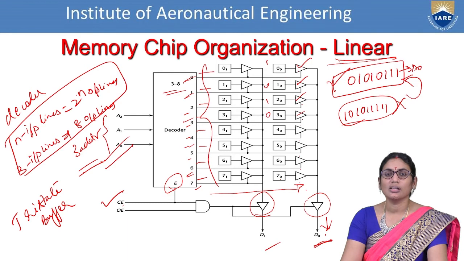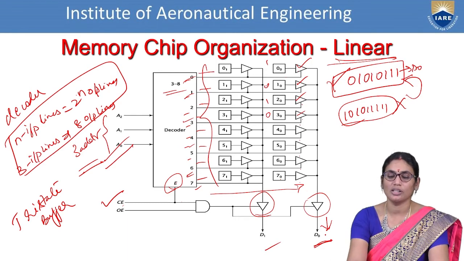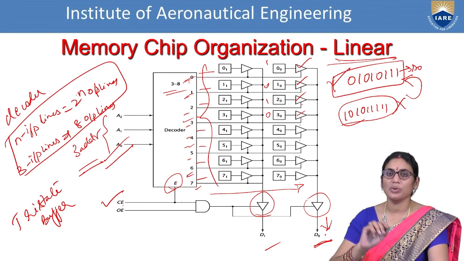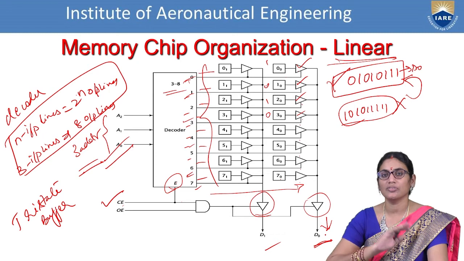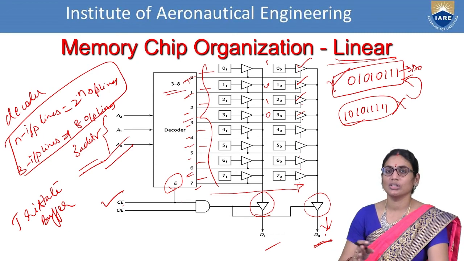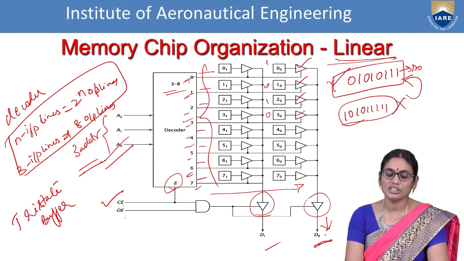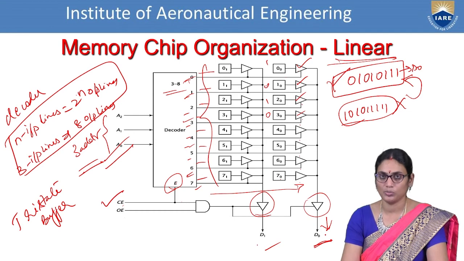But the data that is presented on the chips, or in the output lines, should be redirected exactly as it is, or should have a negative enable, or an enabling operation so that it is changing the data. That is decided by means of the enable logic and the chip enable and output enable pins. Once the chip enable pin is disabled, that data will be in the buffers itself. This will be redirected to the data output pins.